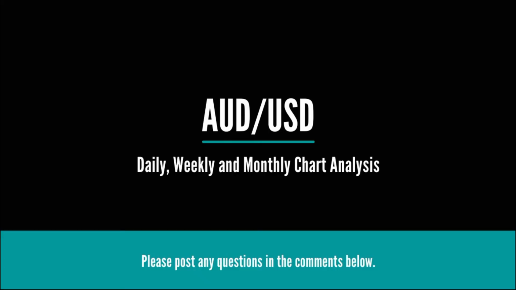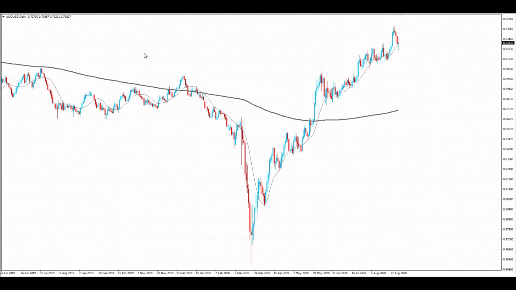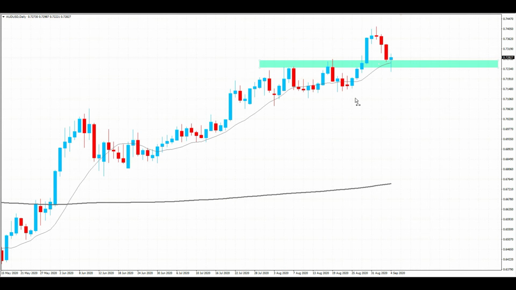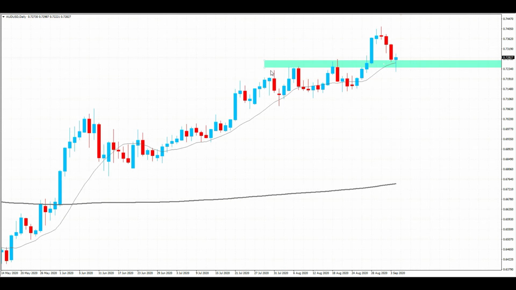Okay, so now we're going to move on to AUD USD. Okay, so for AUD USD on the daily chart, you can see that we do have this uptrend in the market. Price is making those higher highs and those higher lows, but we're still expecting potential swing to the downside for this one. We came up to this area in the market here, which I've been talking about, which is our previous resistance, now turns